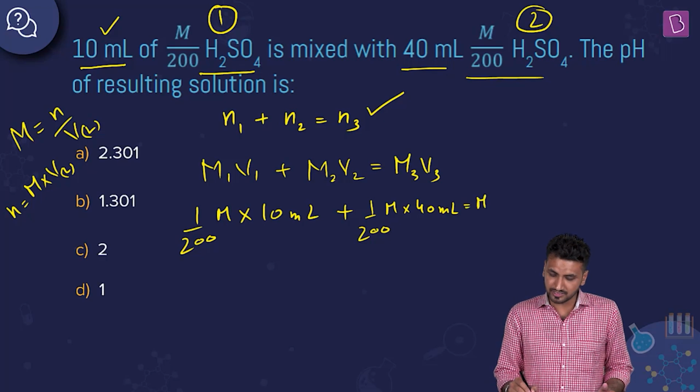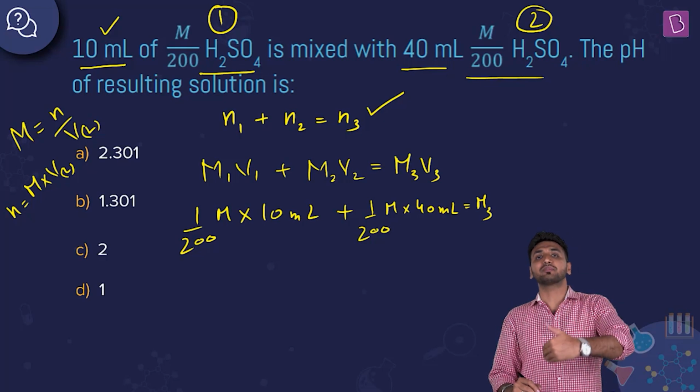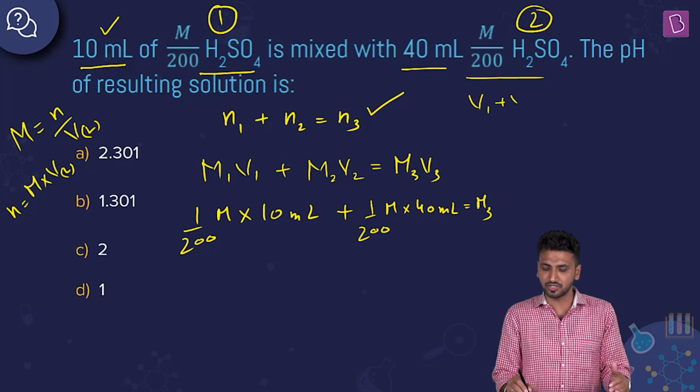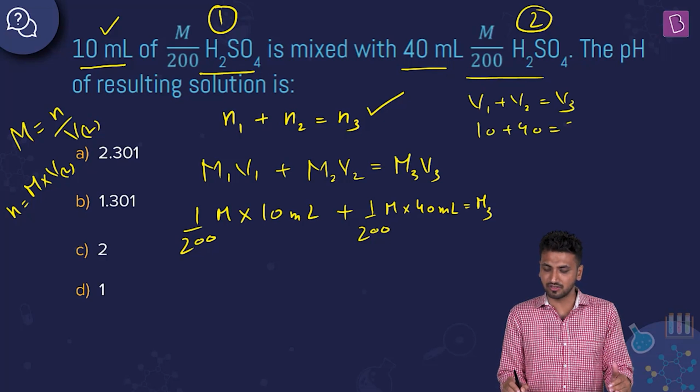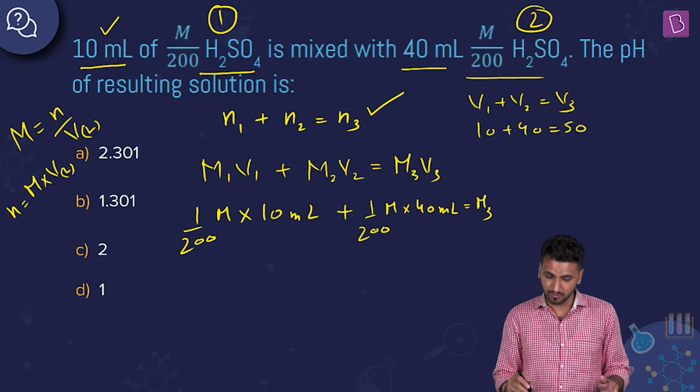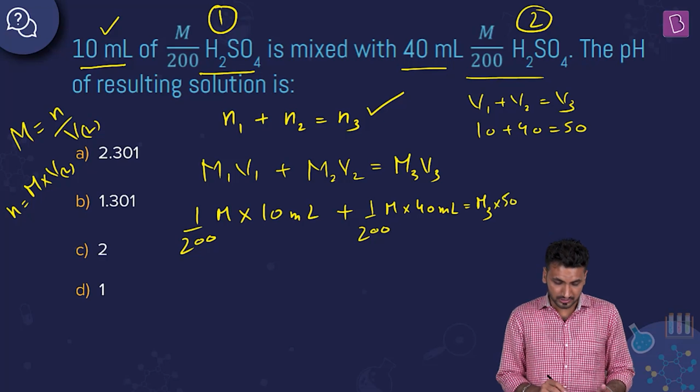We have to calculate this into volume. V3 is going to be 40 plus 10, right? V1 plus V2 will be V3. V1 is 10, V2 is 40, V3 will be 50 ml. Okay, into 50. So if you just solve this,